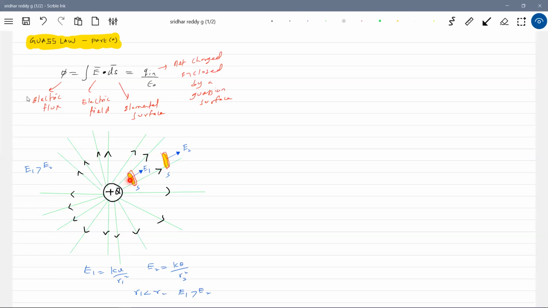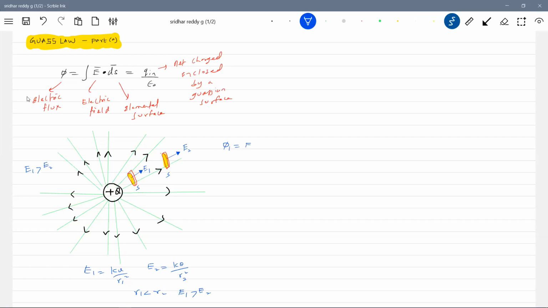Okay, now I'll define, rather than saying how many lines of force, what is electric flux here. What is electric flux? E1 into S. What about electric flux here? E2 into S, that one. Like this, we define it. Now, again, the electric field strength is more at this point. So now we'll define the flux.